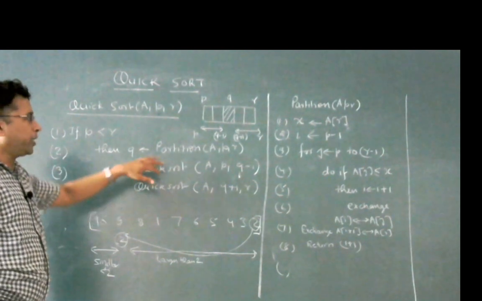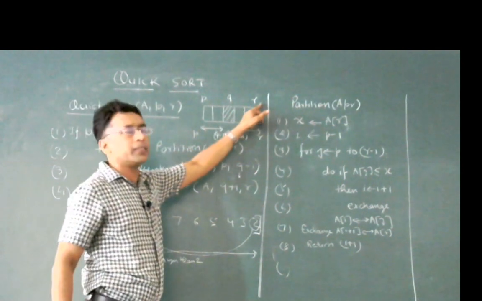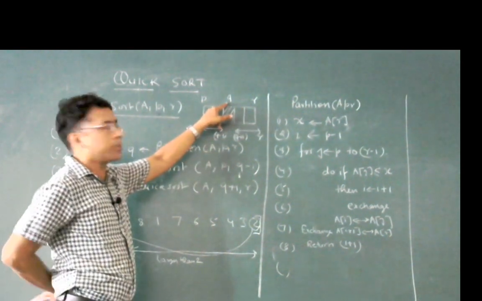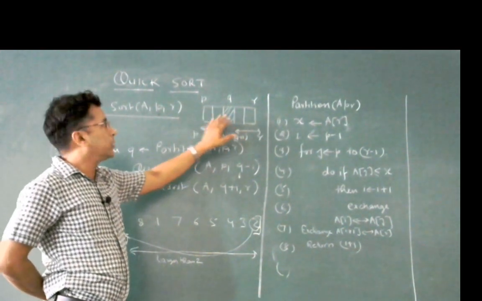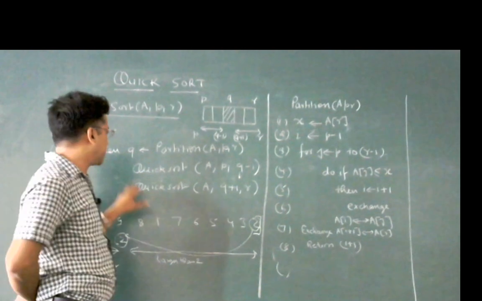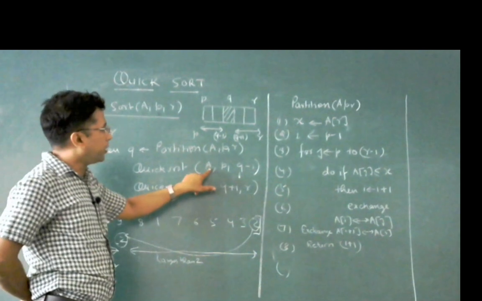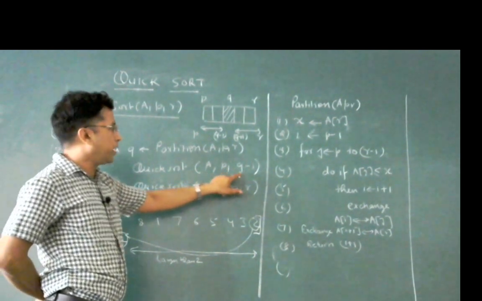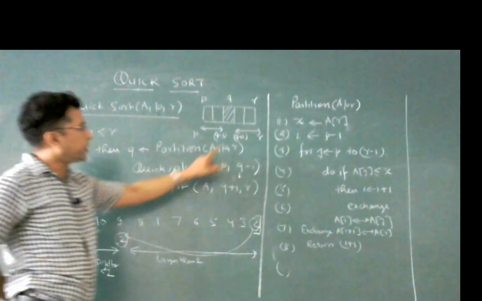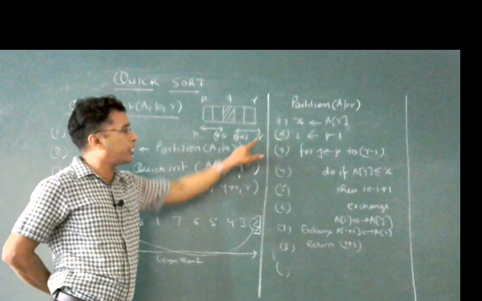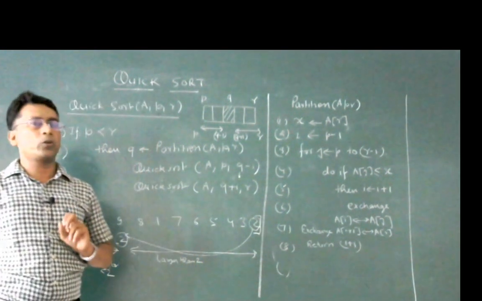So just take a look here. Here I have partitioned the array which starts from P and ends at index R, and we have taken Q as the pivot element. After taking the pivot element, this array has been divided into two partitions, on which we shall perform the quicksort algorithm. One array A starts at index P and ends at index Q minus 1. Similarly, the second one starts at index Q plus 1 and ends at index R. And on these two subarrays, we shall perform the quicksort algorithm.